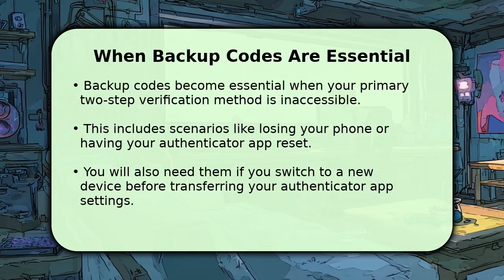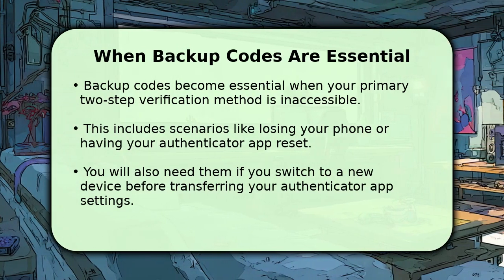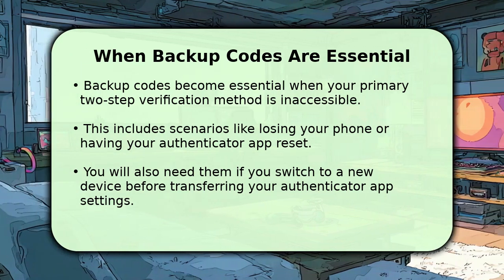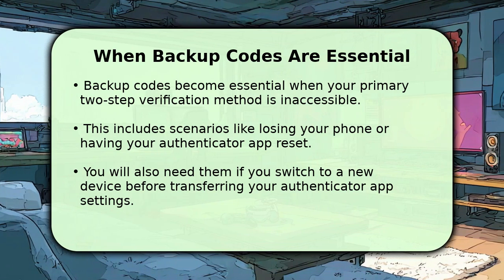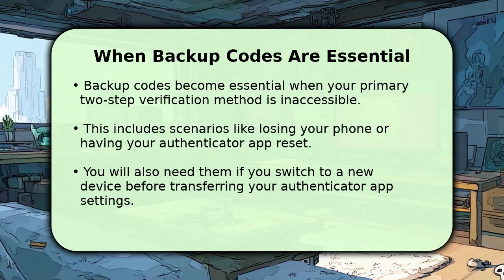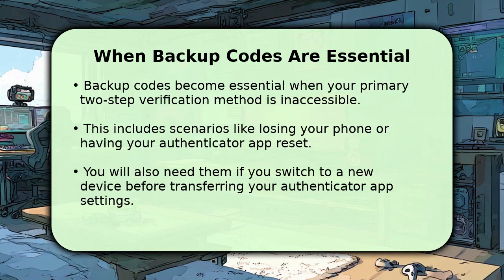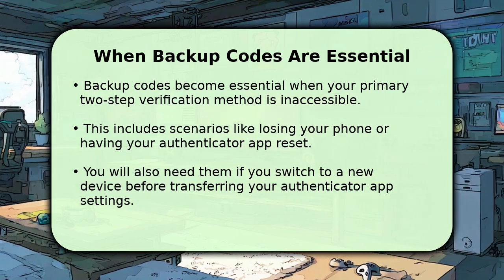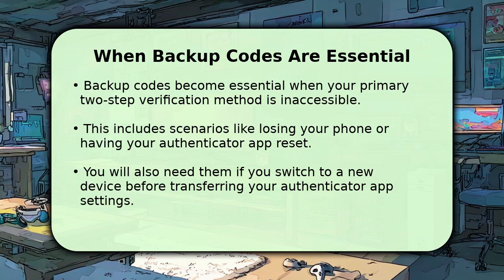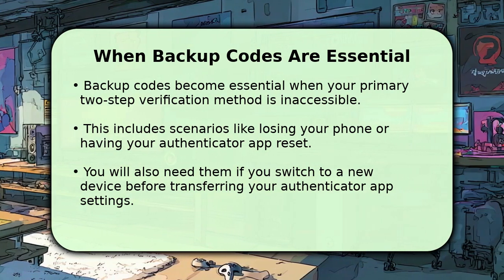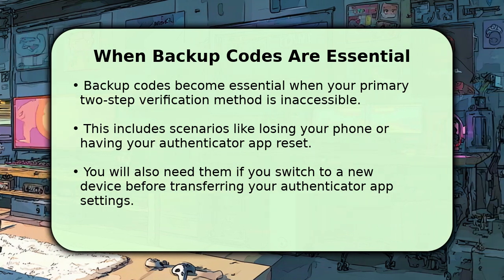Backup codes become essential when your usual two-step verification method is simply not working. Perhaps you have lost your phone, or your authenticator app unexpectedly reset itself. You might also encounter this issue if you are using a brand new device and have not yet transferred your authenticator settings. These codes are your last resort when you cannot receive security codes through text or email, ensuring continued